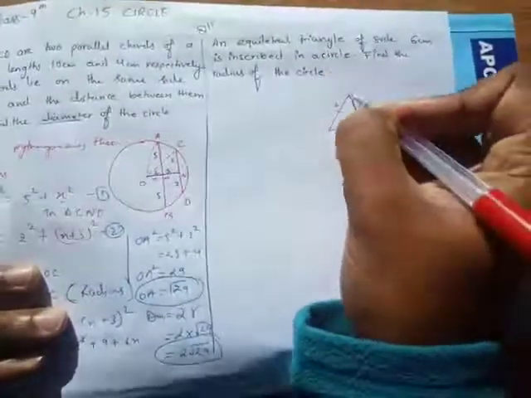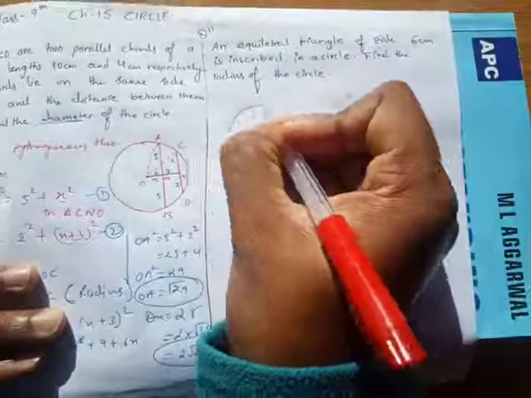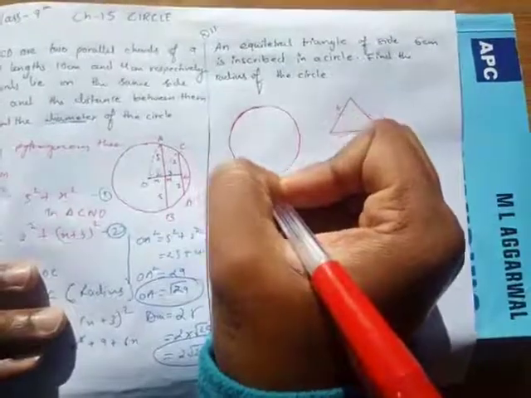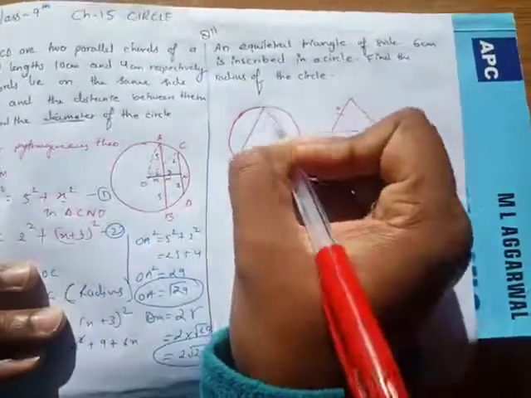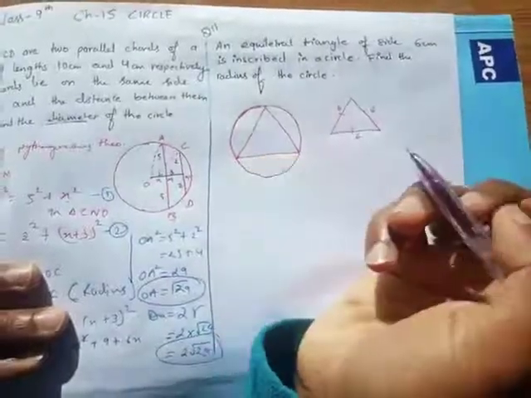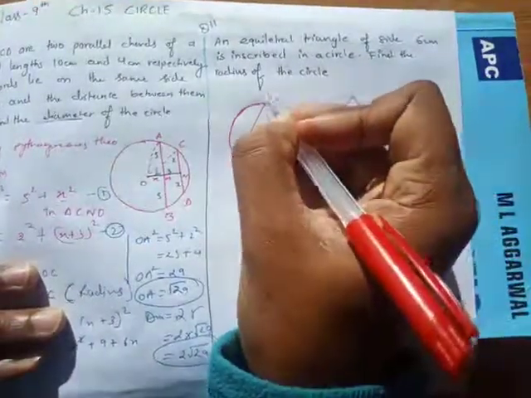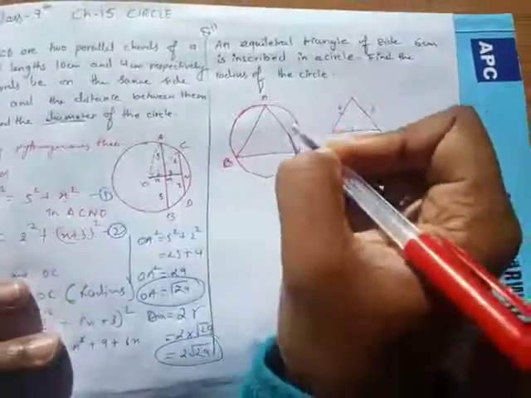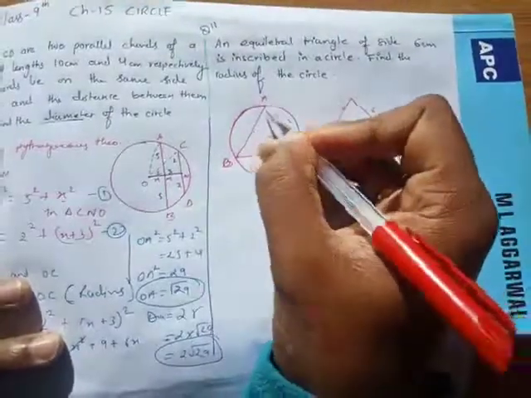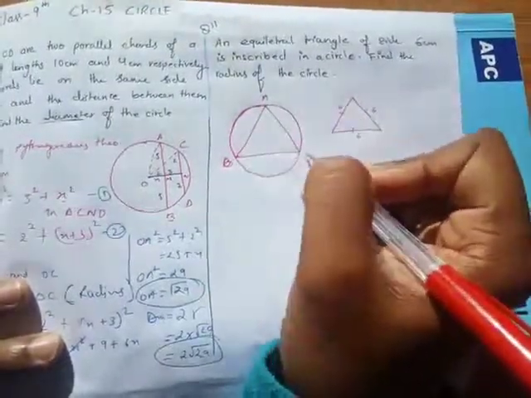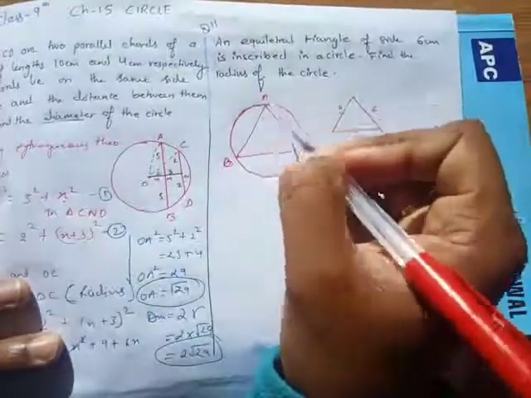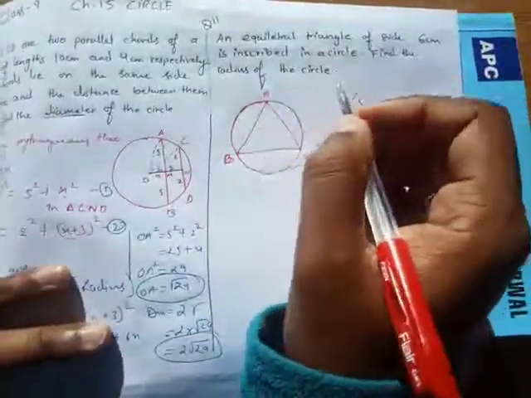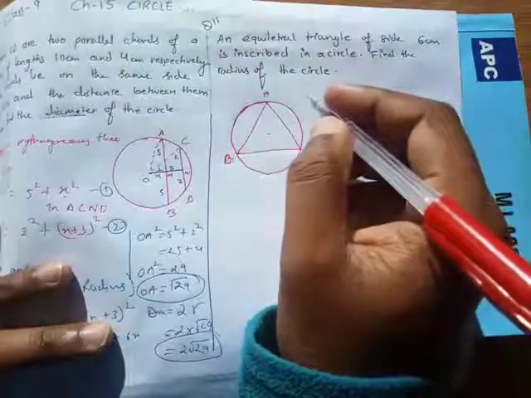Inscribed means it's inside the circle. So if I draw a circle like this, the triangle is inside it. Can you see? So I can name this A, B, C. This is 6, this is 6, this is 6. We all know that. But if I take this separately, this is a chord, this is a chord, and this is also a chord, because it's touching two ends of the circle. Okay. Find the radius of the circle. I have to find the radius of the circle.